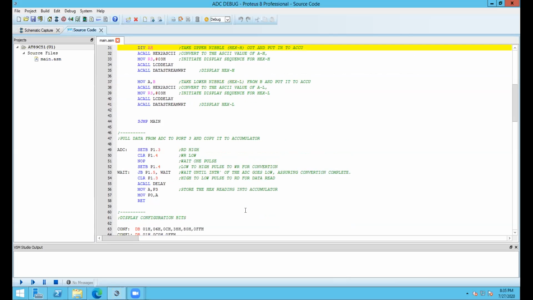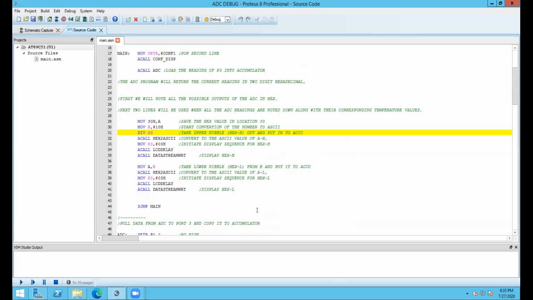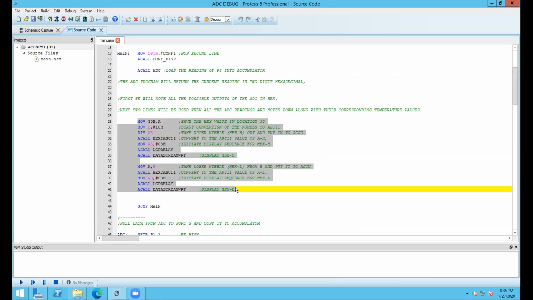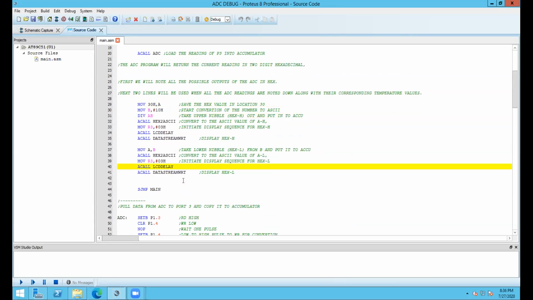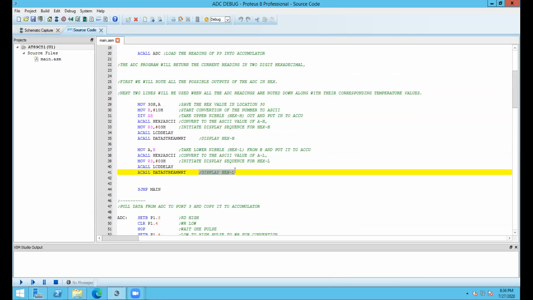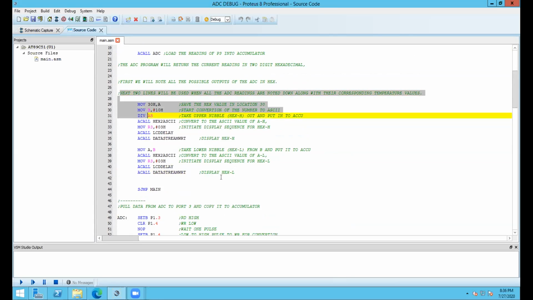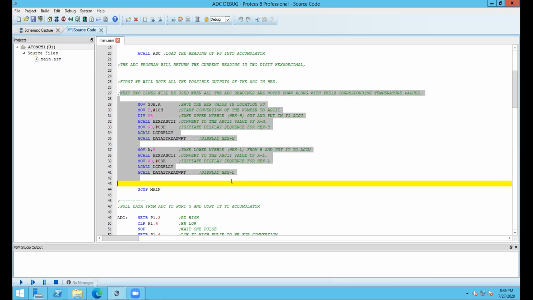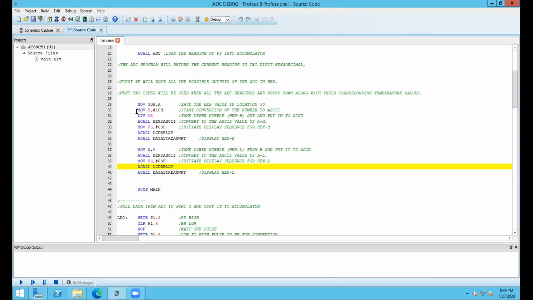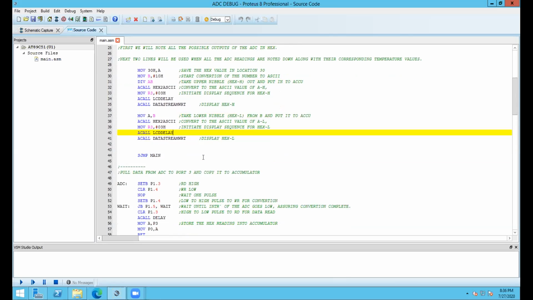So this part actually just converts 1C into the ASCII values of 1 and C, and we just put that ASCII value to the display. First 1 will be displayed, and then after 1, C will be displayed. So this is the thing. This whole part of the program does that portion of the work. If you go through the program line by line, you will be able to understand.